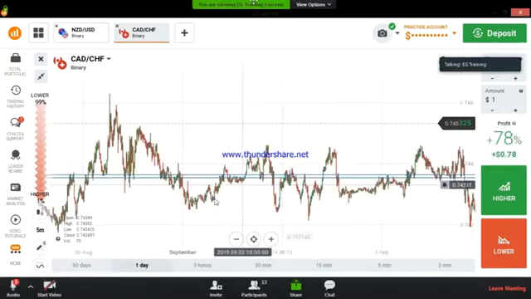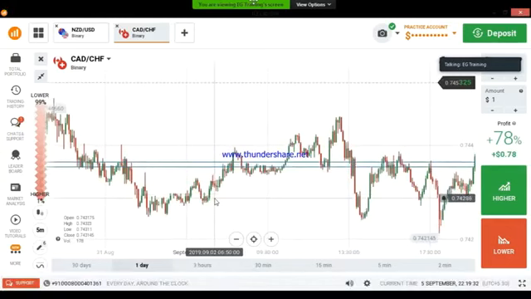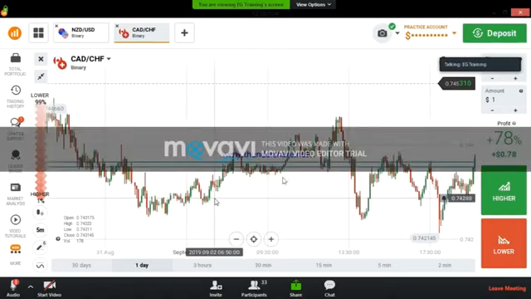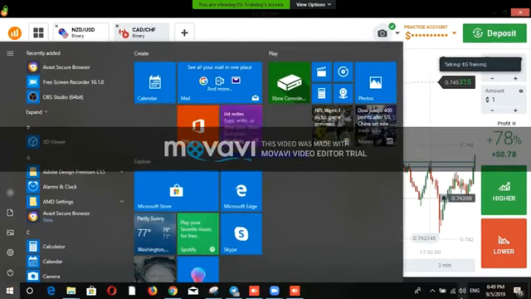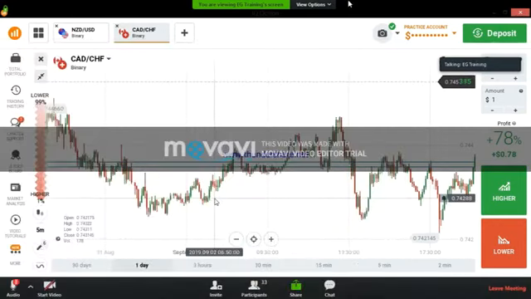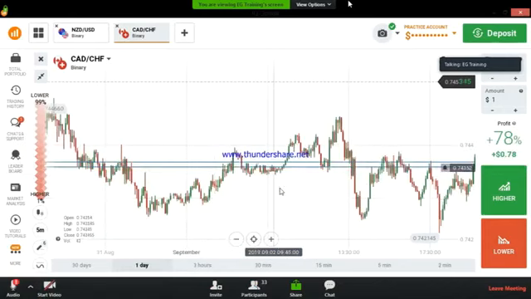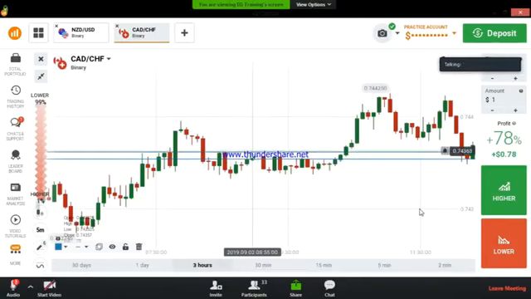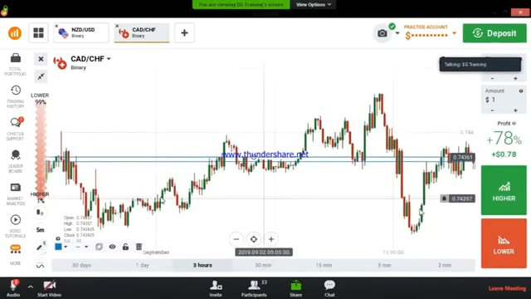Okay. The SNR level is an area. We can't draw the SNR level with one single line. We should draw two levels, because we can find an area with two lines only, not with a single line. So this is a strong level. A closing point. This is a strong level.